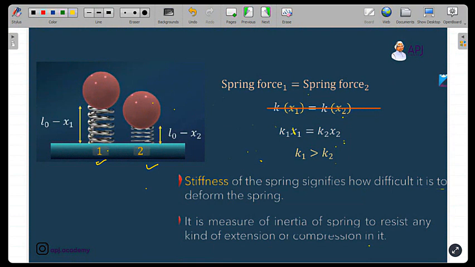Both are different from each other, made of different materials, so their spring constants will be different. If they had been the same springs, both of them would have compressed equally. Spring 1 and spring 2 would have compressed equally, but this is not the case. They are compressing differently. Spring 2 has compressed more than spring 1. Spring 1 has compressed by x1 meters from its original length,